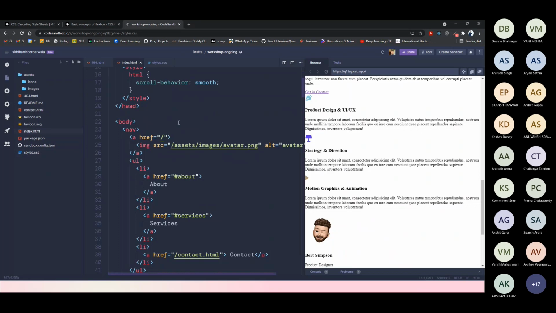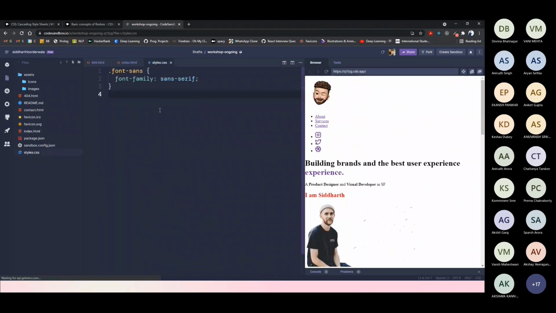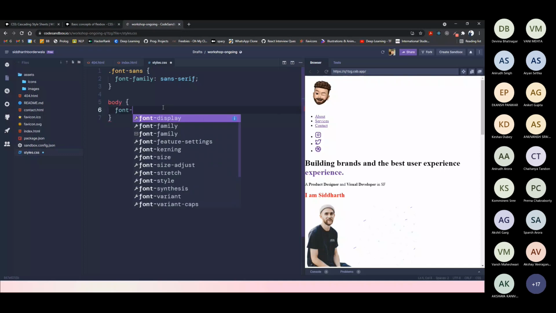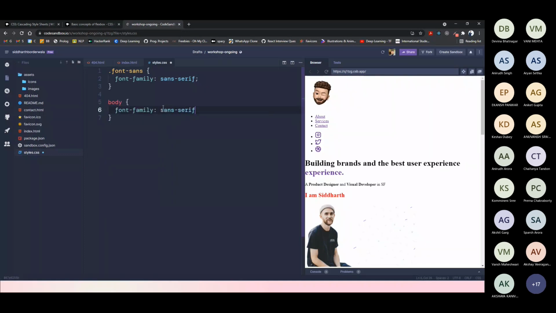So you can see that everything that's being displayed here is inside the body tag. So you can type the tag name of body and the curly braces, just type in font-family. We don't need this right now. And if we save it,